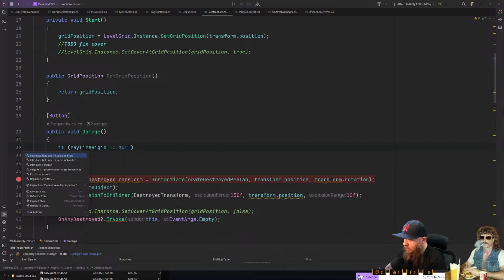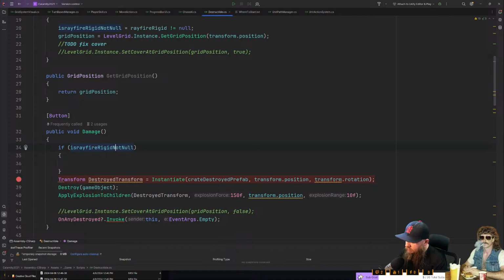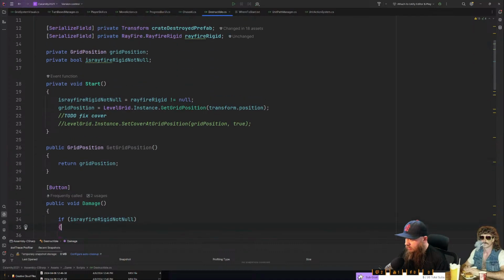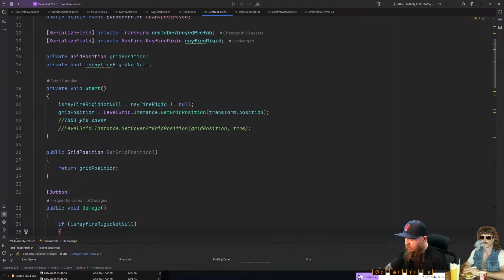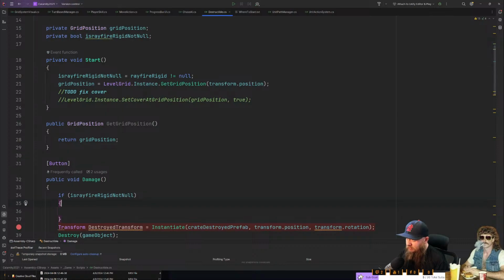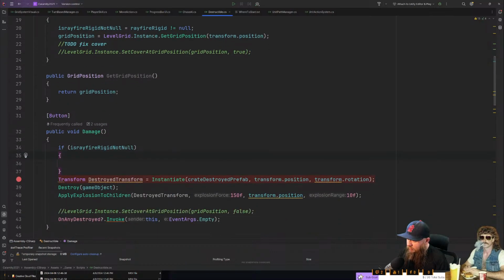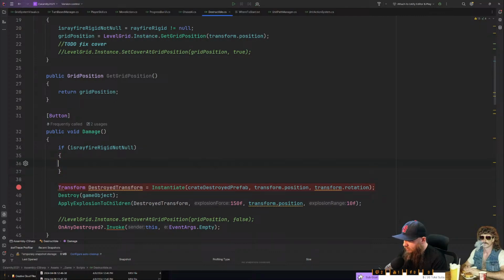I can start and awake fire off once for this script on the start of the game or the scene. They fire off once, never again. So I set the component in start or awake, and then I don't need to do these null checks below. So right there is not null. Yeah, I guess if you're really trying to inch performance out, you can do a bunch of that. That's kind of annoying, but so if it's not null, what we're going to do is we're going to say